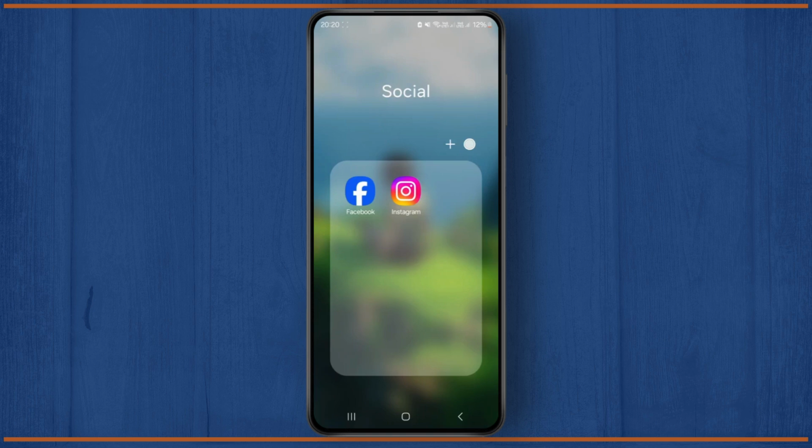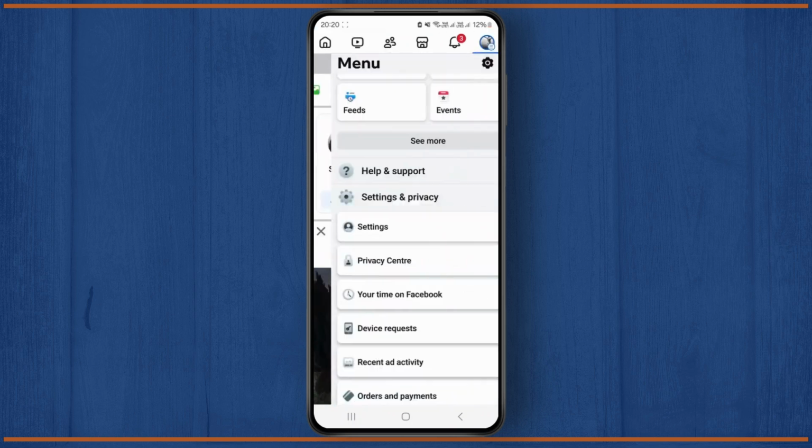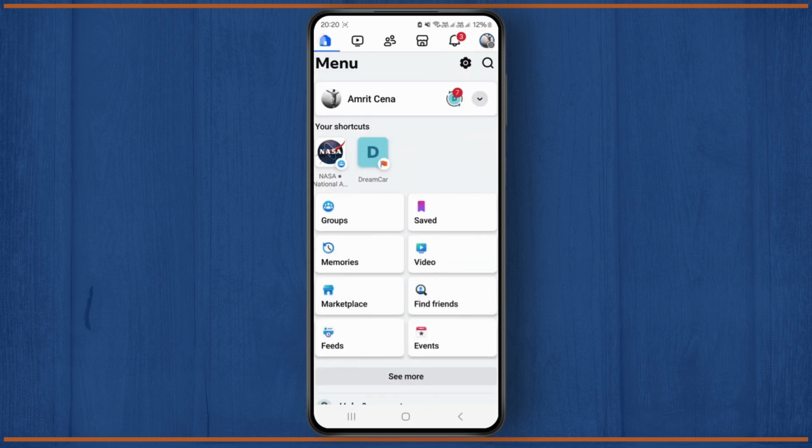In this video I'll be showing you how you can easily find your draft post on Facebook. So first thing, simply head over to your Facebook. So let's say I have already created like 2 or 3 different draft posts in the past. So if I am unable to find that from my settings anywhere from here, so what I can simply do